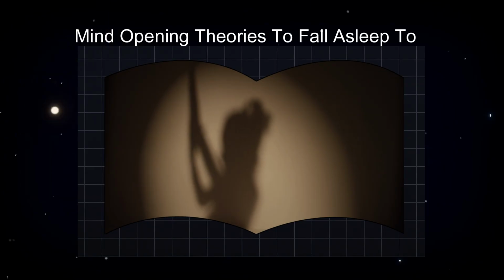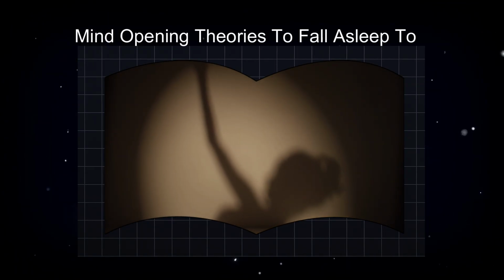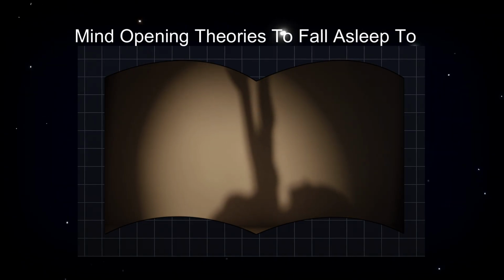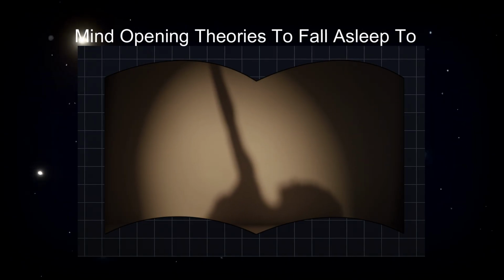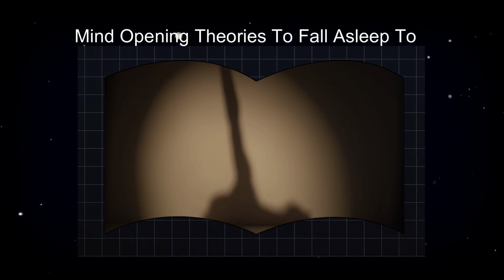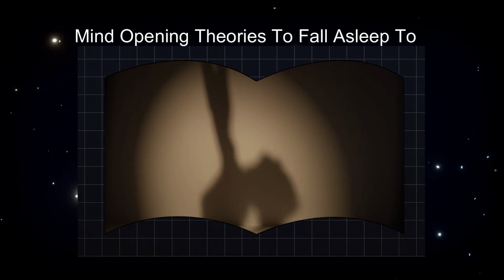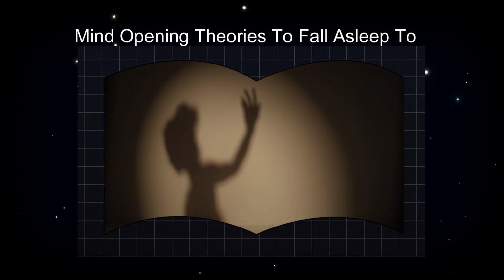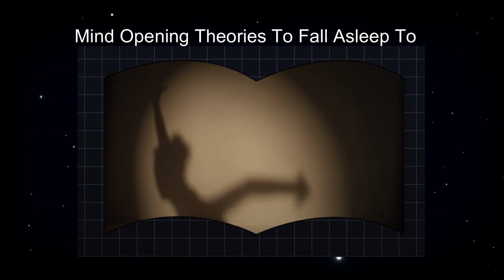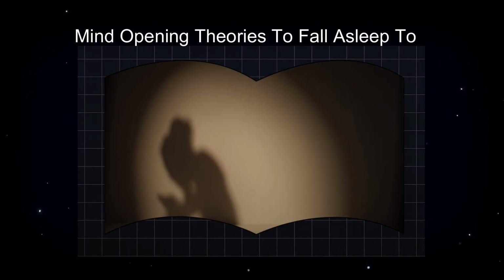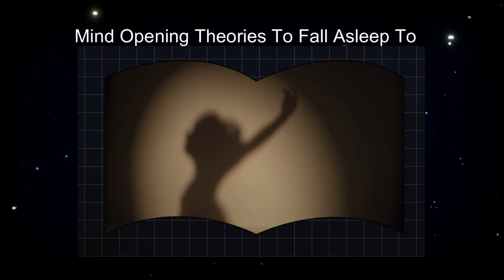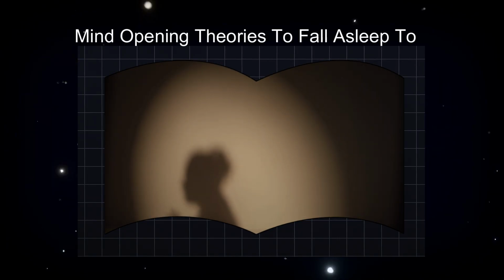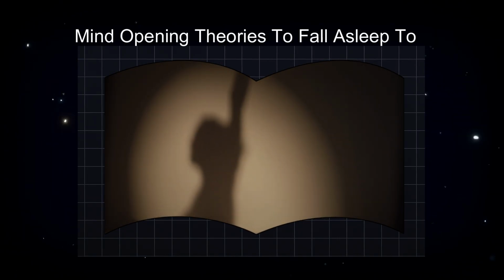First, string theory. This theory suggests that the tiniest things in the universe aren't particles, but vibrating strings. Different vibrations produce different particles, like musical notes on a cosmic violin. String theory also proposes extra dimensions, possibly 11 in total. Most are curled up too small for us to see. It's ambitious. It even predicts a particle called the graviton that could carry the gravitational force. But here's the catch. None of this has been directly proven yet.